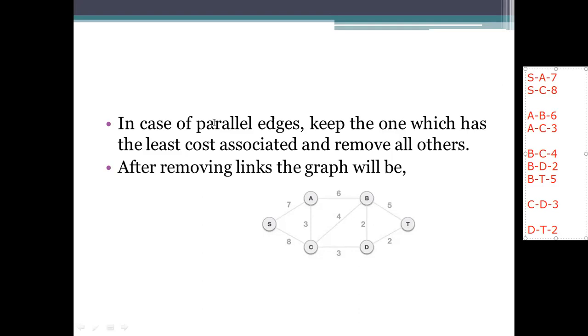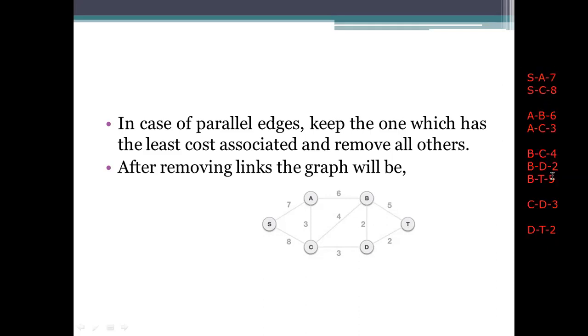So how many links are there? We are having 1, 2, 3, 4, 5, 6, 7, 8, 9. So count it, we are having 8 edges or not. So here 4, 7, 8 and then 9. So 9 edges are there. So let me plot the example here.